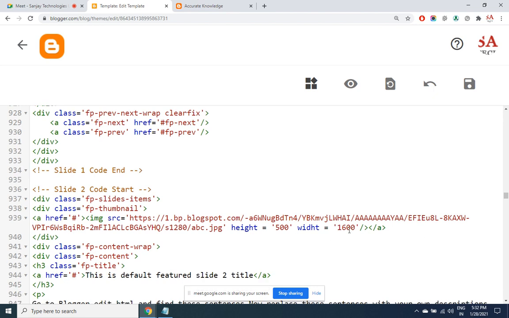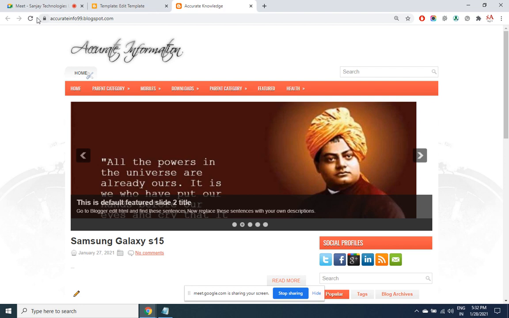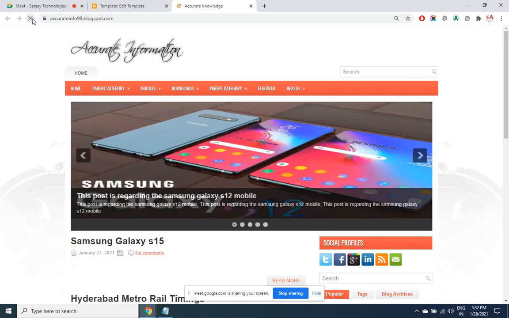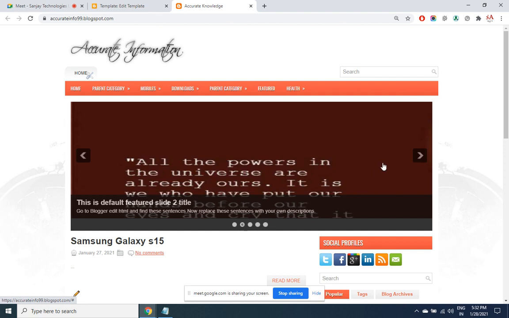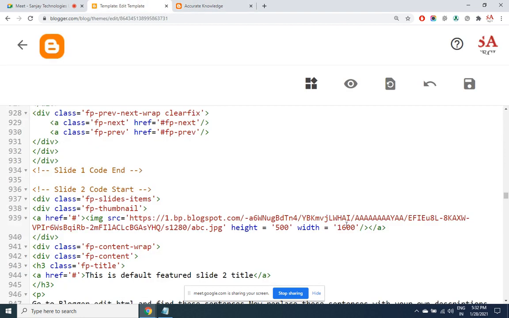Okay, WID. Yeah. This is single quote. Okay, it has come quite extended, so let us reduce the width.